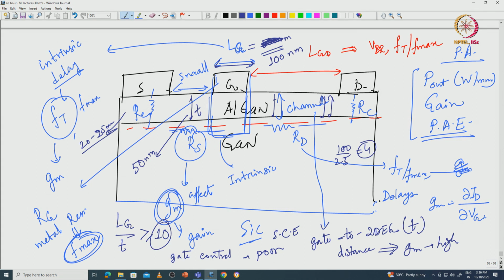You can either recess the gate, we talked about recess gate in AlGaN GaN technology, so you can recess the gate to bring the gate metal closer to the 2D electron gas, or you can use a different material such as AlN GaN instead of AlGaN GaN, where only 5 nanometer of AlN can give you extremely high charge, like 2 into 10 to the power 13 per centimeter square, I told you that. So you do not have to do any recess gate. Your AlN barrier itself is 5 nanometer,